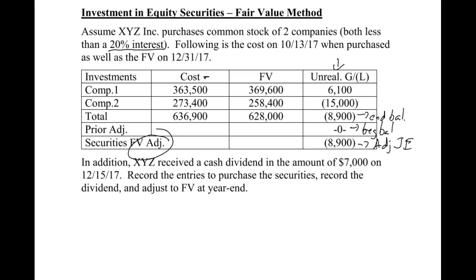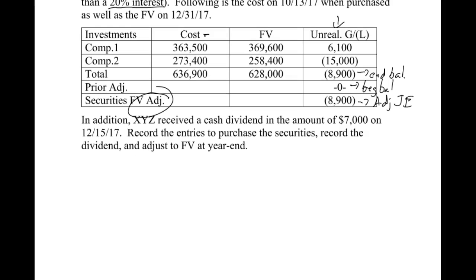All right, so they also received a cash dividend during the year. We don't care who it's from; we still account for it the same. So we want the entries for the purchase, the dividend, and the fair value adjustment at the end of the year. Let's do those now. I'm going to scroll down a little bit. Our first journal entry is going to occur on 10/13 of 17,